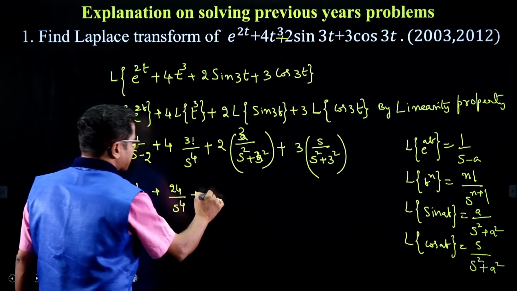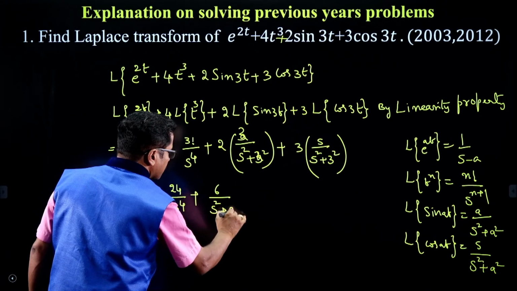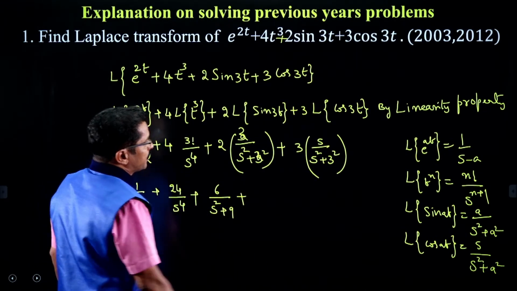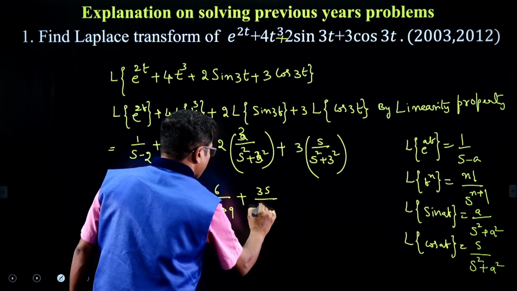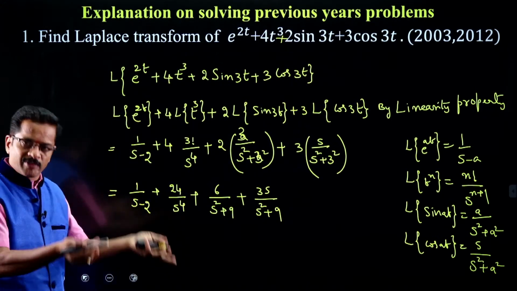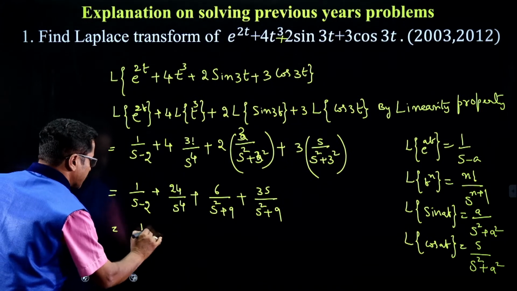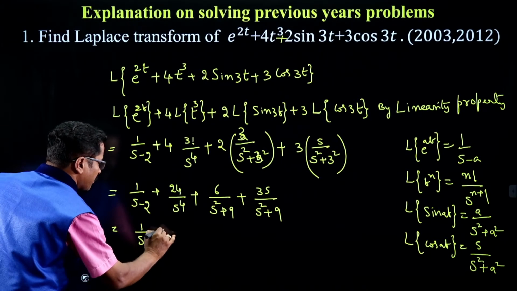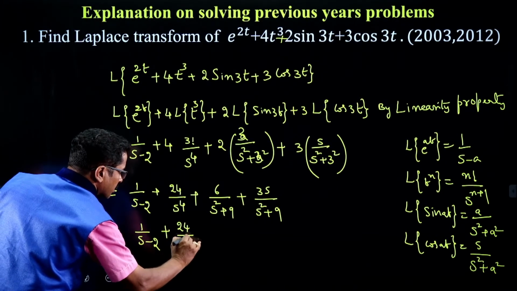So 2 into 3, 6, 6 by s square plus 9 plus 3 into s, 3s by s square plus 9. If possible, you simplify further, which equals 1 by s minus 2 plus 24 by s power 4